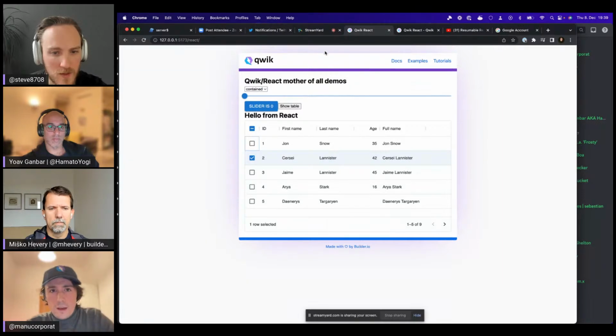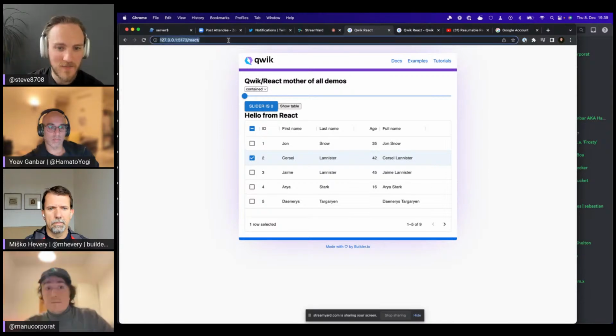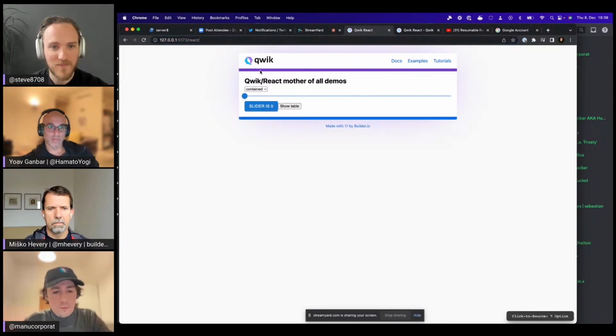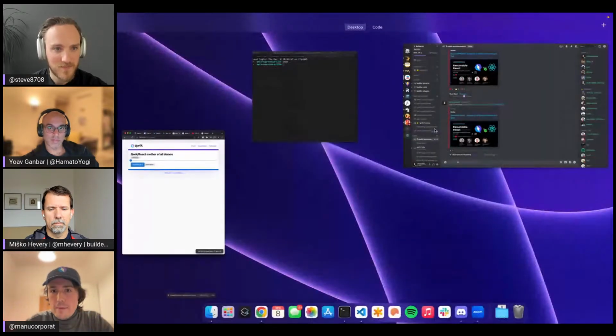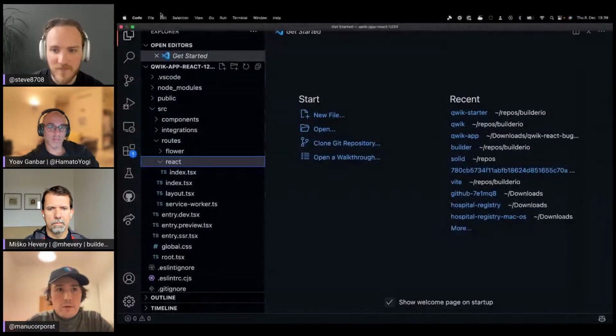I don't know, did you cover this, Manu? Are these components hydrating with React? Are some of them interactive purely with Qwik, and React was just server-side HTML and nothing in the client? Or is there a mix going on here? Yeah, there is, right? And I'm going to get to it. I'm going to put one side by side, and we are going to explore a bit of the code, because that's a very good question.